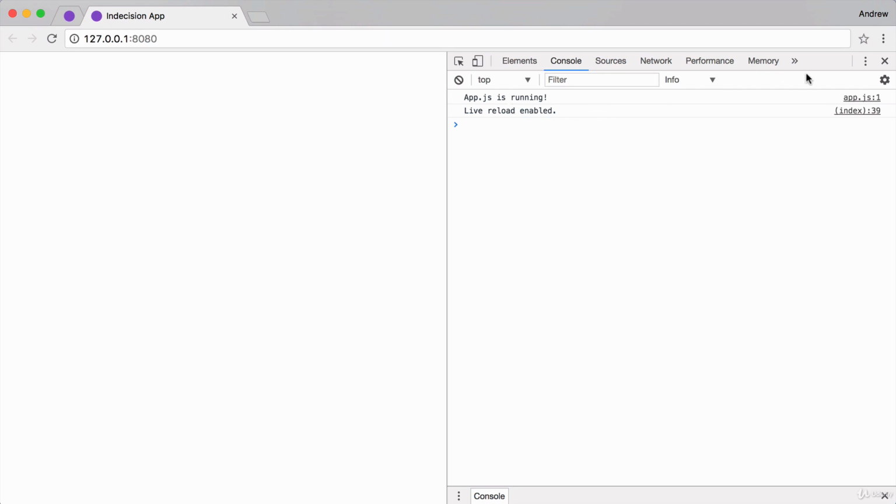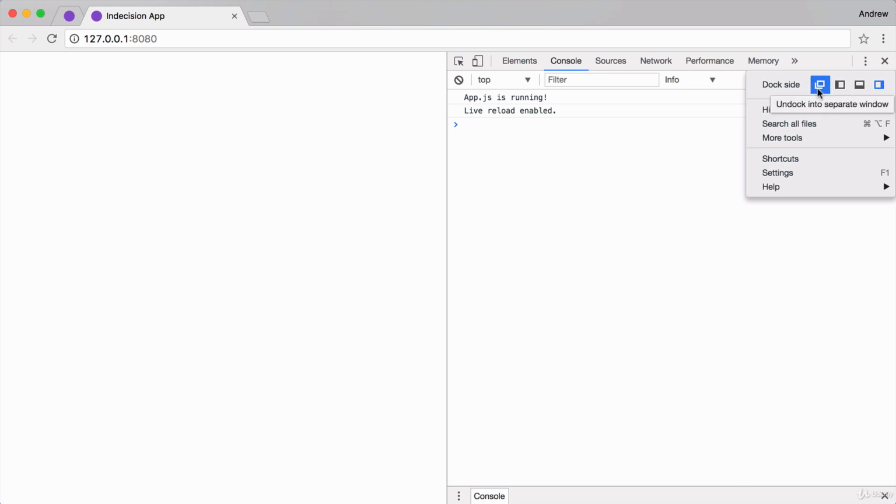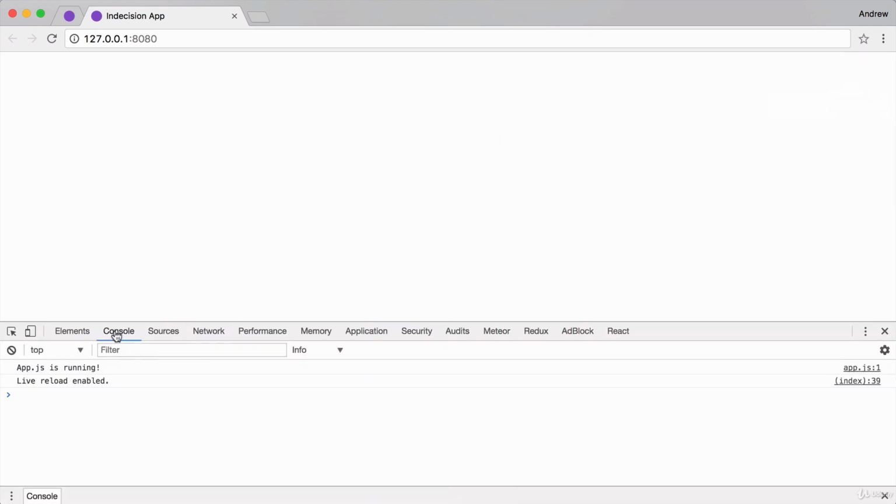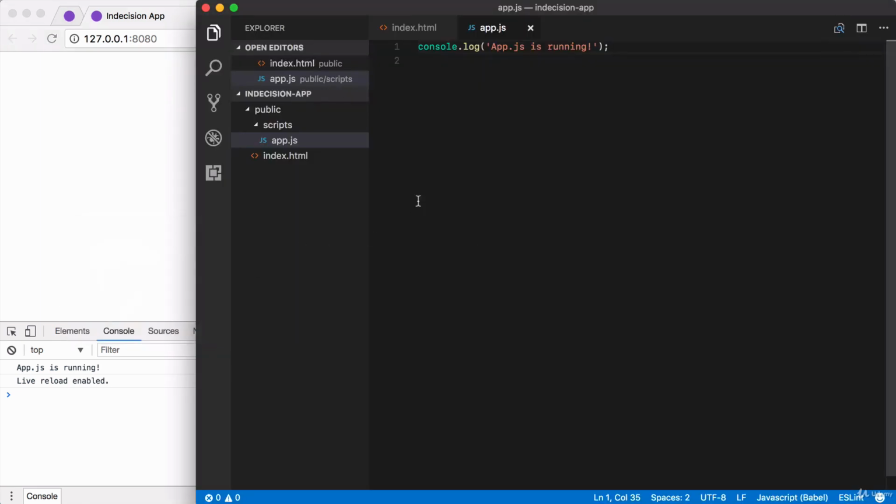I'm going to take the developer tools and move them to the bottom real quick. Right here, I can customize exactly where they show up. I'm going to move them on the bottom so I can see the output in the background. Now we can go ahead and switch back over to Visual Studio Code, and we're going to take our very